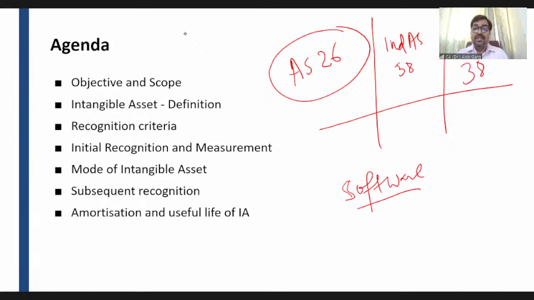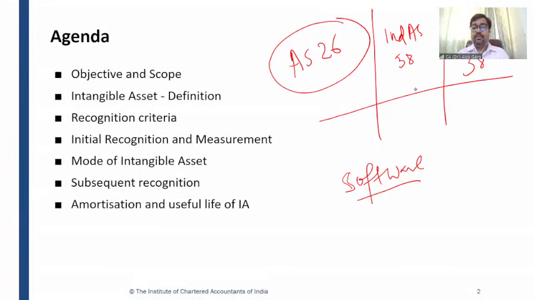Yes, just because of future economic benefit, because there are some intangible assets. These investors are recognizing goodwill and some other intangible assets because they are foreseeing some future economic benefit that will flow to them. Understood? Great. So coming to the agenda of the standard,